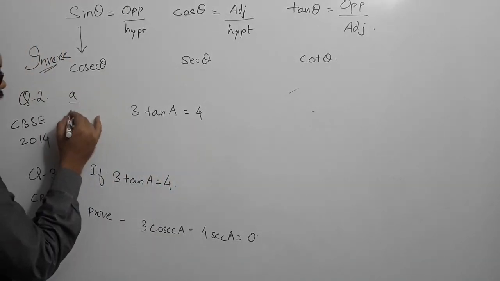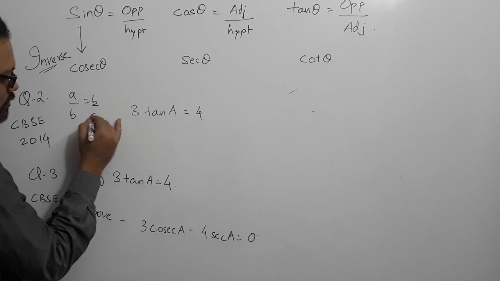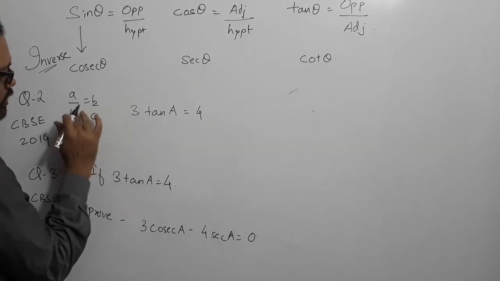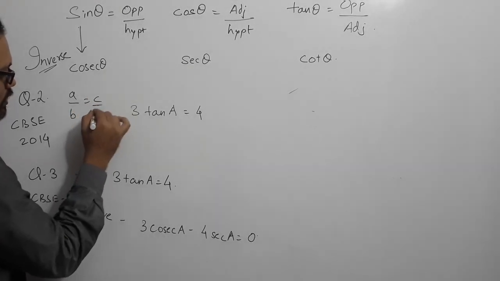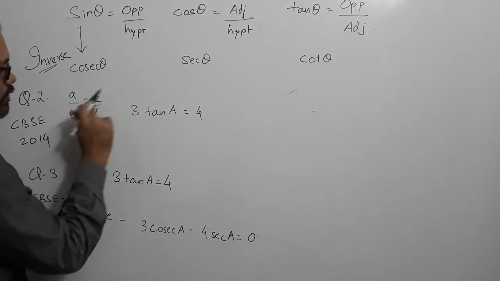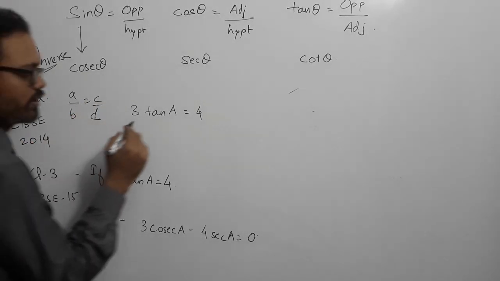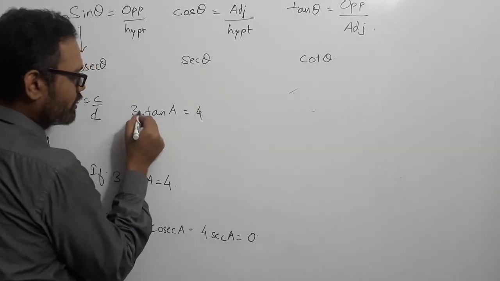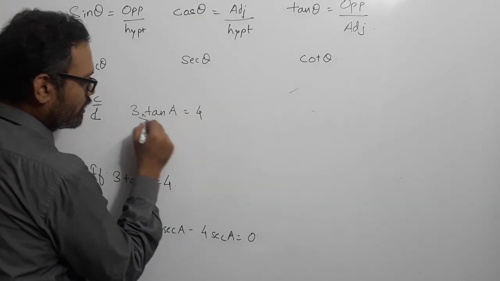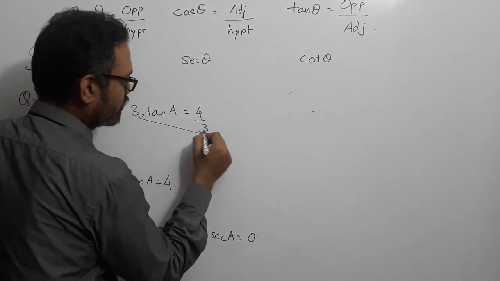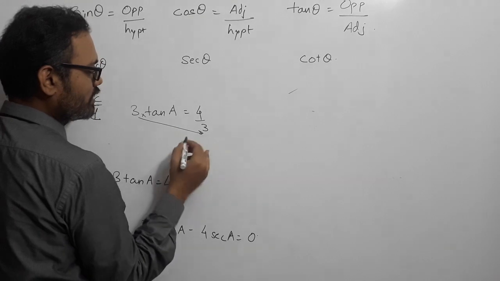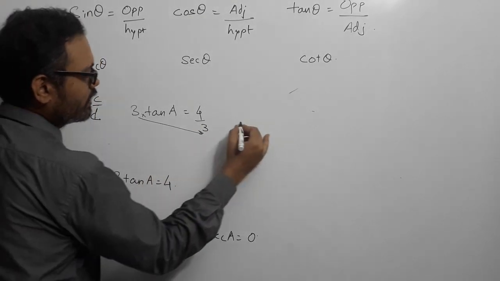If you remember, I told you A upon B is C upon D. So this will go here, this will go here, cross multiplication. So this is multiplication, it will go there, here, 4 upon 3. This means what? It is a hidden way of saying that tan A